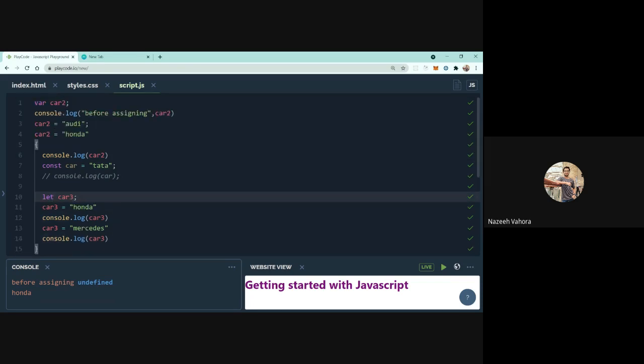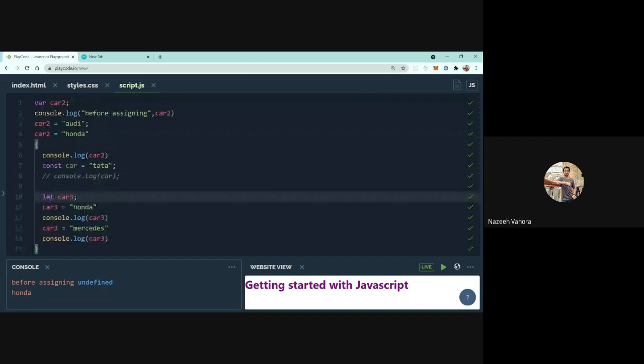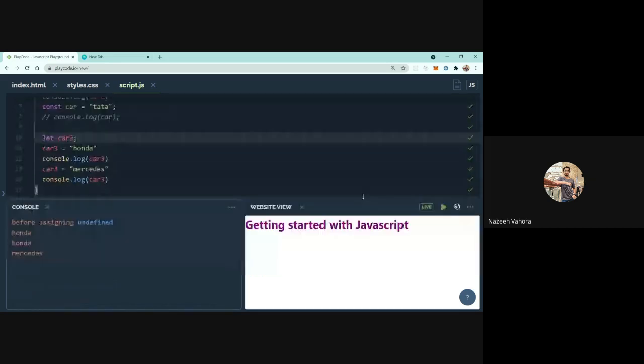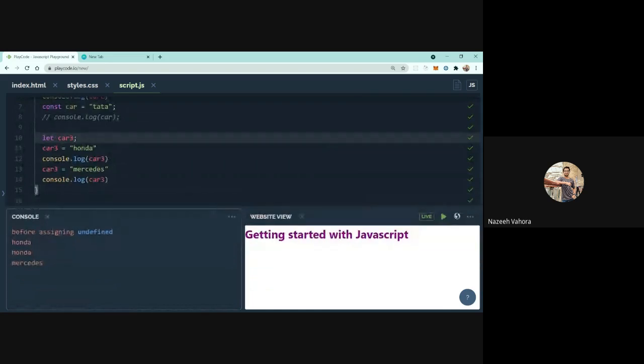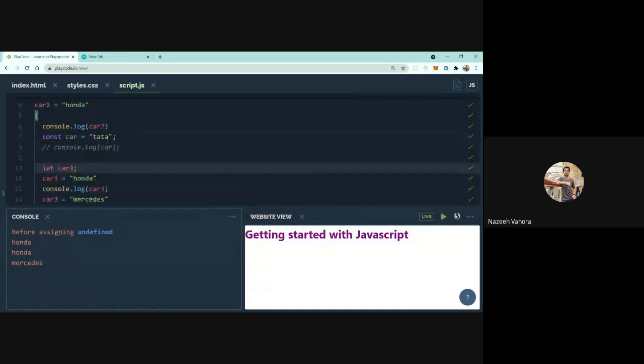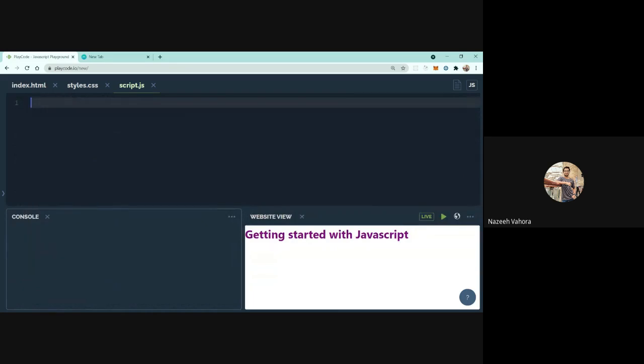Now we have learned declaring variables and assigning a value to them. So now let's use this and modify something in our static HTML page. Like we just discussed earlier, using JavaScript we can modify the values in the HTML page. So let's iterate and modify some of the values.